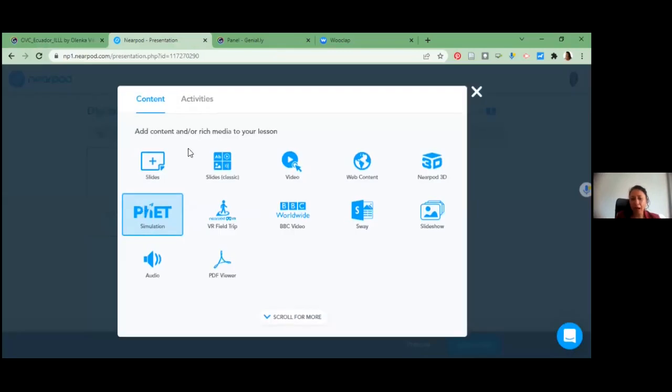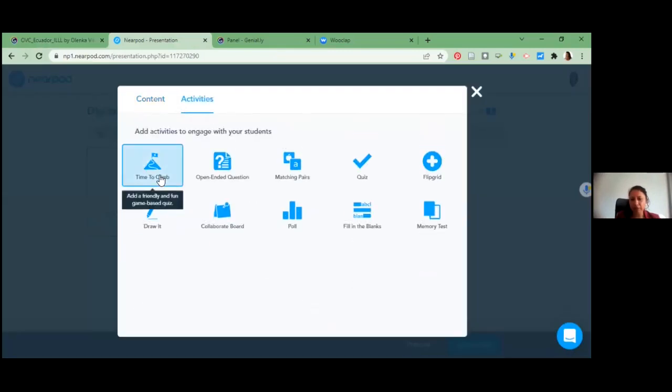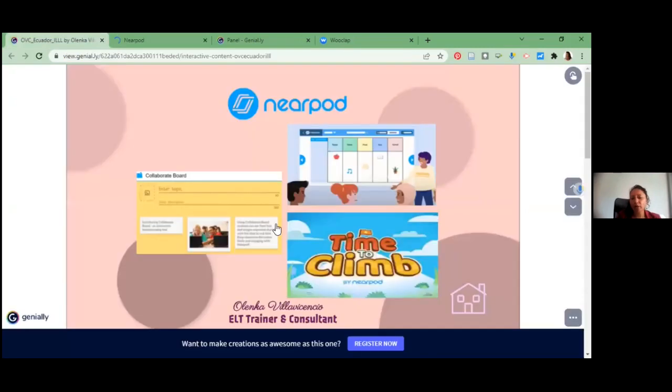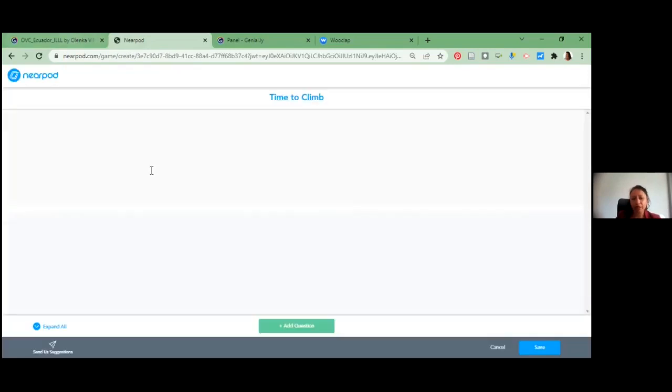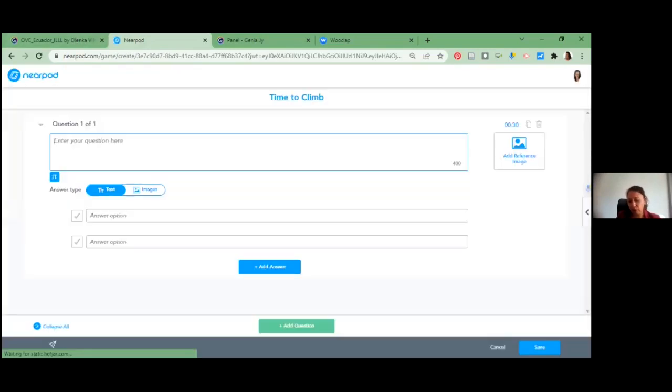You are going to add activity, the first one that is time to climb, okay? You click on here on time to climb over there, and you have a quiz similar to this, okay? We have to wait for a while, only with some seconds, and this is the question. So I go to my Word document, whereas I have here, and I put immediately the same, okay?